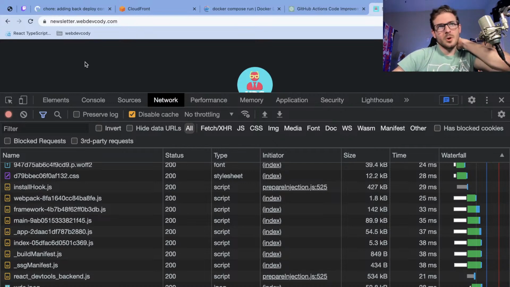Anyway, open up your network tab, and an issue that we pointed out earlier from my Discord, which by the